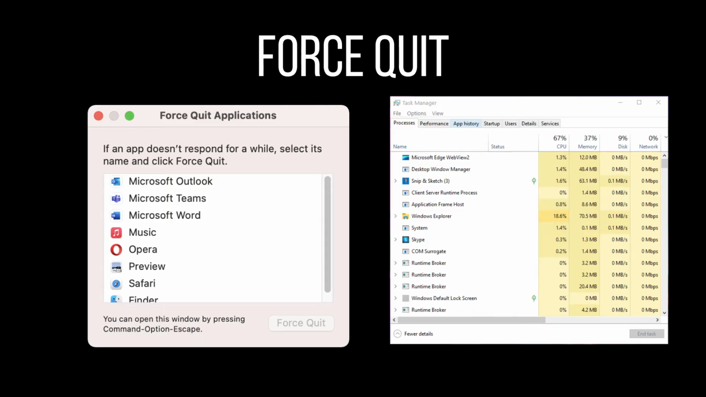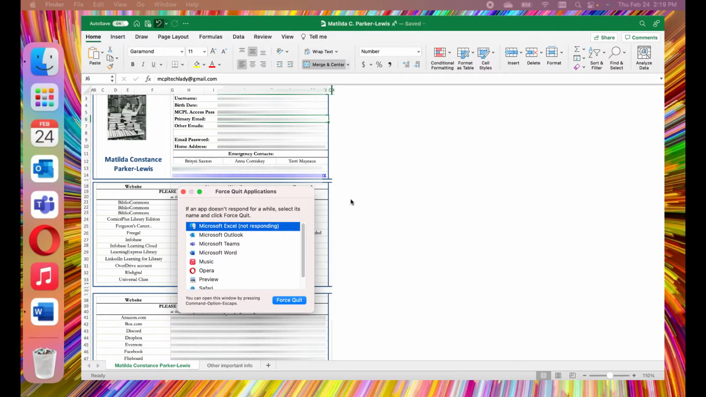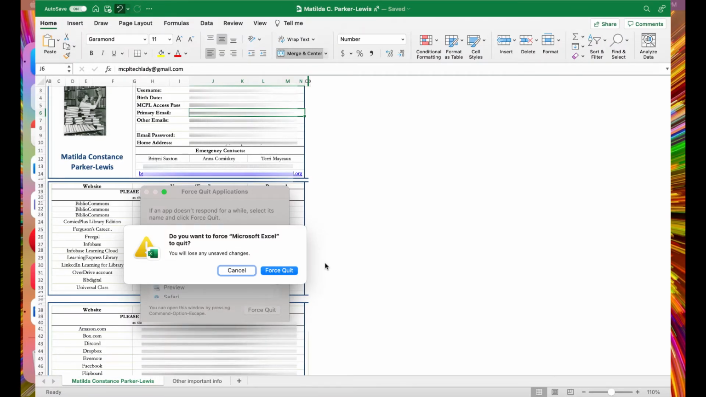A force quit, whether you're on a Mac or a Windows device, is a function that allows you to quit out of a program or error. So on your Windows PC, you'd use the Control-Alt-Delete shortcut to bring up the Task Manager window and shut down the program. Force quitting an app can result in the loss of progress since your last save. So if you're using a program you know can get a bit finicky, I'd decrease the auto-save time and frequently